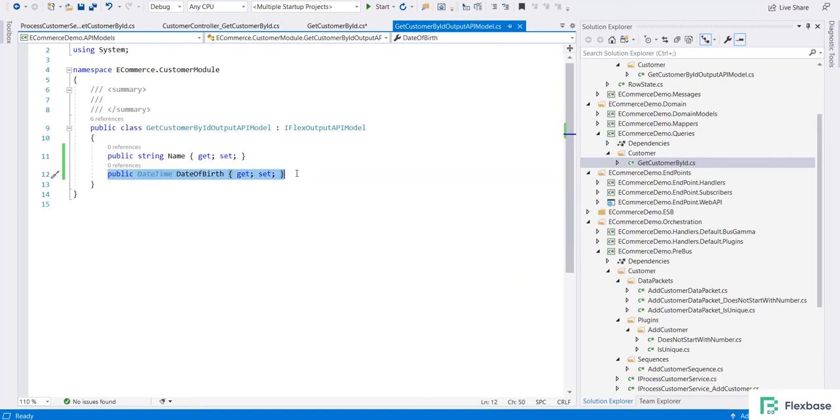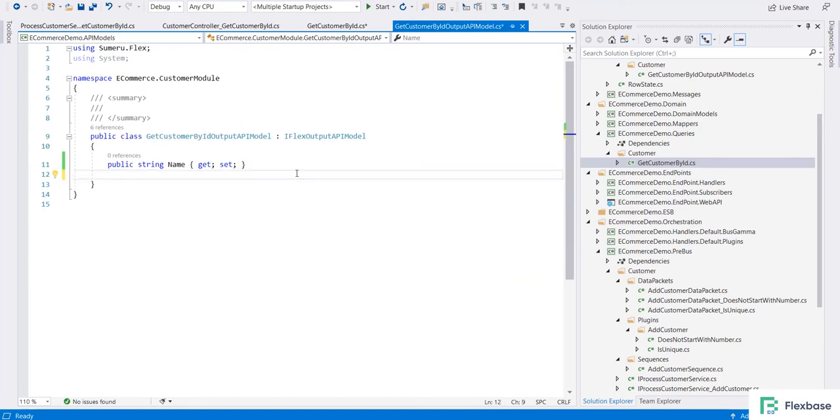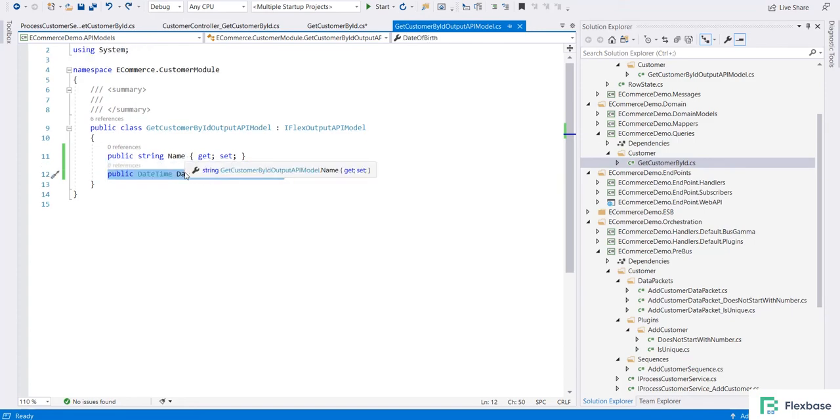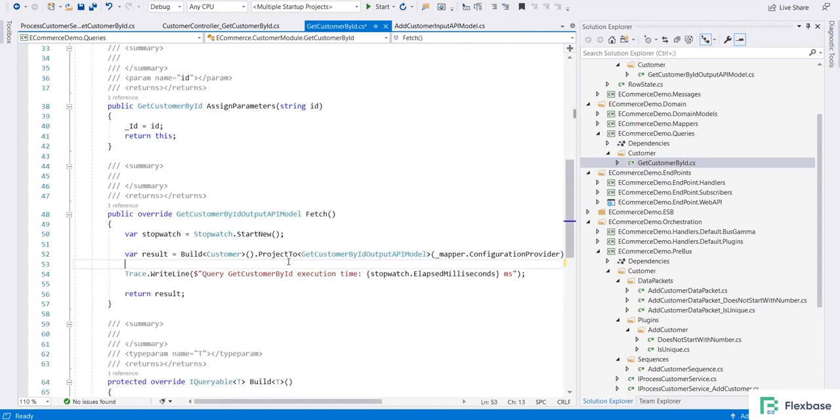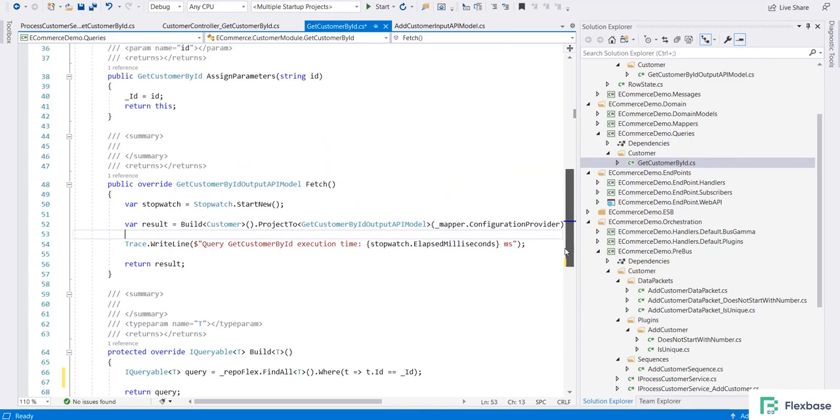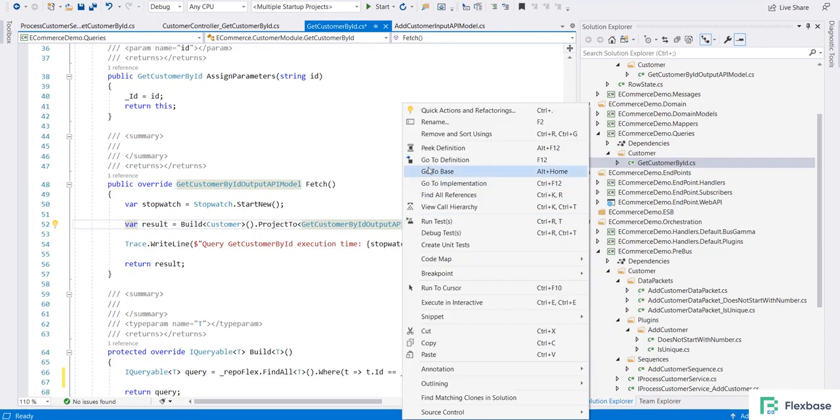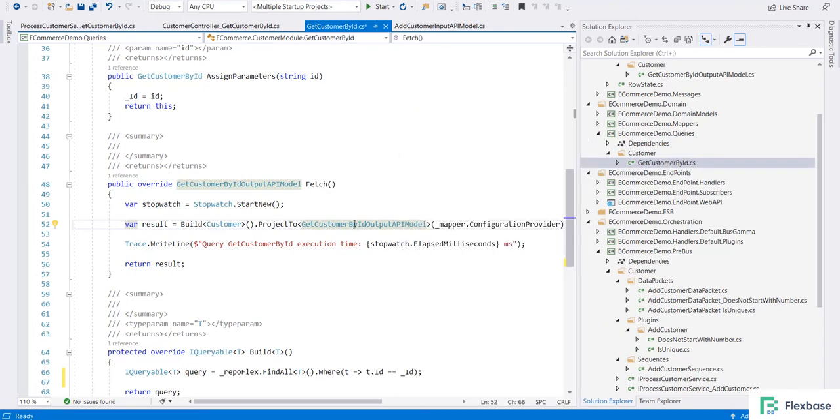Suppose you have given only name, it will create a select statement in the database that fetches only name from the DB. In this case it will fetch name and date of birth. We will see both the things in action later. So that's it, your query is built. You don't have to write those long query statements for fetching the records. Even what record you have to select, you just model your output API model according to what you need, and